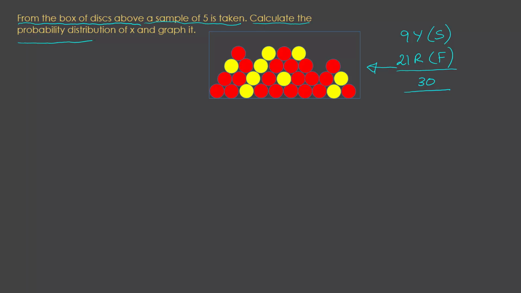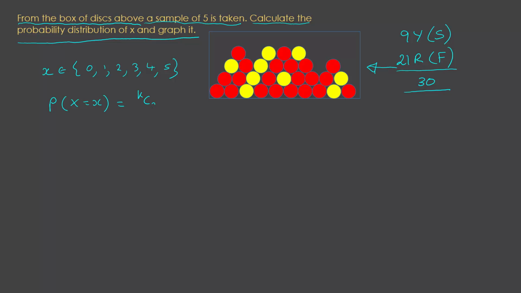Calculate the probability distribution of X and graph it. Now, we know that if X is the number of successes, then the possible values of X are 0, 1, 2, 3, 4, or 5. If we're taking a sample of 5, we can have a maximum of 5 successes, but of course, we could get 0 successes. So, we know that the probability of X being equal to x is